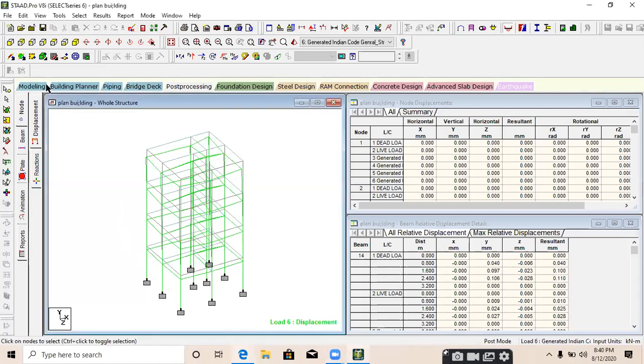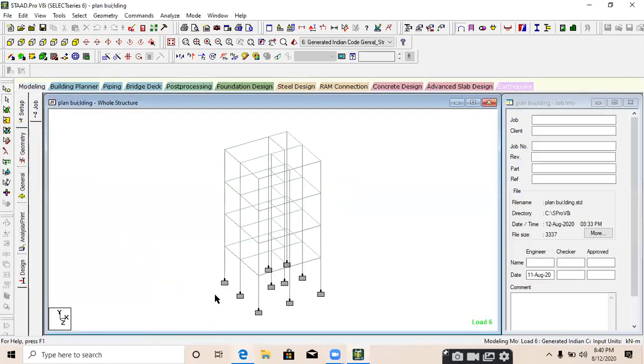Okay, for the concrete design, go to modeling. I'm just telling you now how we can do the concrete design in this software. Both the softwares, in old companies, old departments, they use STAAD Pro. Okay, but lately we are now using ETABS. In government tenders, there will be two different criteria. You can use either ETABS or STAAD Pro, both. STAAD Pro is somehow famous in India because it is old software and more people know this.